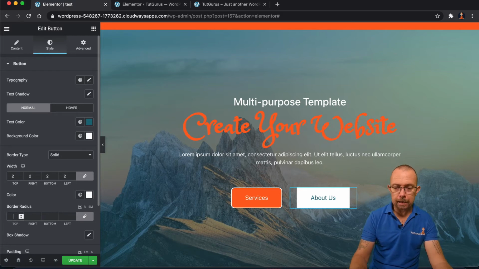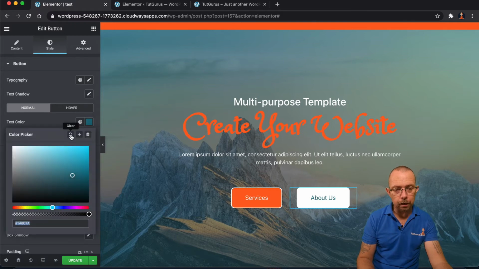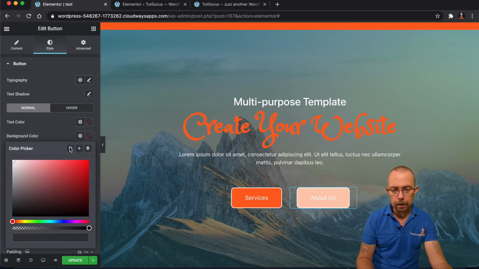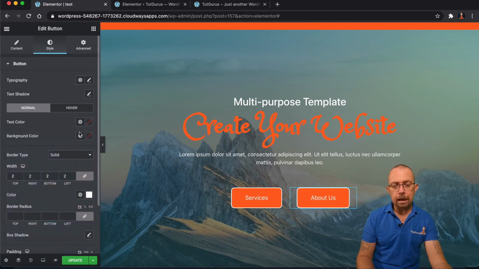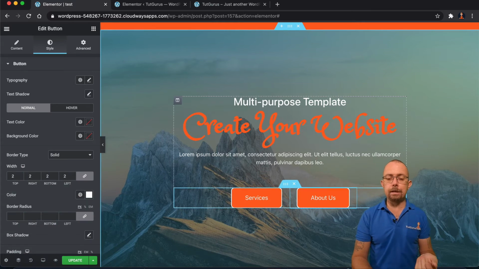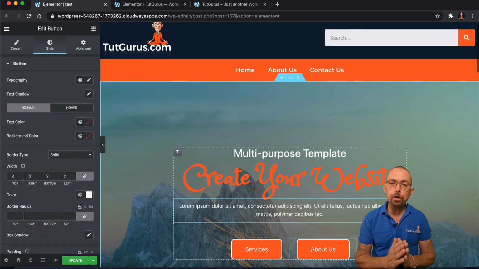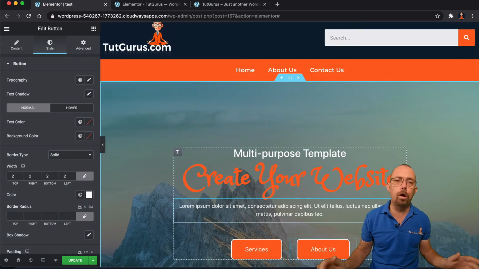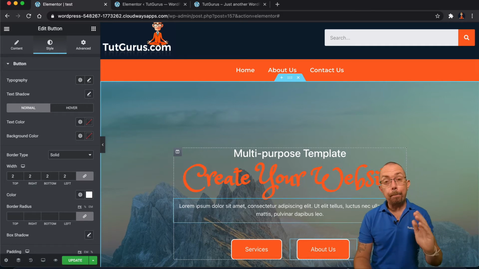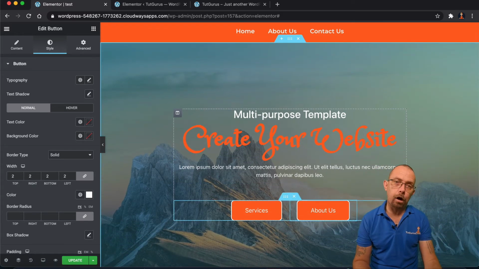So I'm just going to delete that. What you can do is click on these colors here and click on this clear. When I clear this, and when I click on this one and clear this, you'll now notice that it comes to how all the other buttons are. So the powerful thing is you can create your buttons to be any way that you want, make them look however you want, but you also have the power of overwriting them.